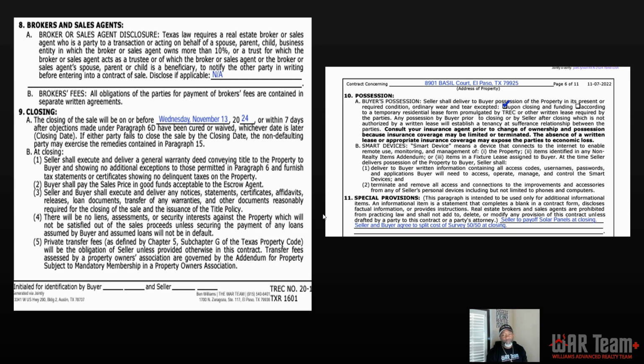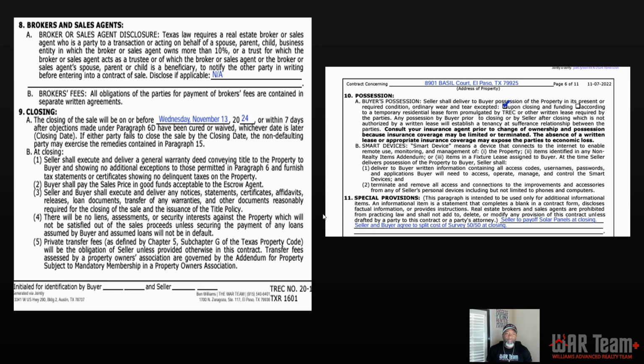Now let's go into special provisions. Special provisions is one of those things that there's like a taboo: don't ever write in special provisions. I always heard that when I was an agent, and when I became a broker, I kind of understood it. As a designated broker, I came to the point where we really don't want to mess around with that. I became a designated broker in 2020, when people were doing all types of crazy things with special provisions. So we learned a lot about it.